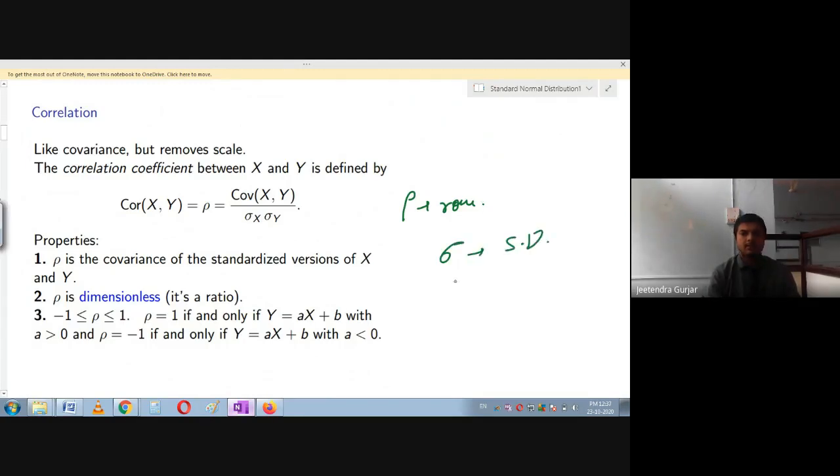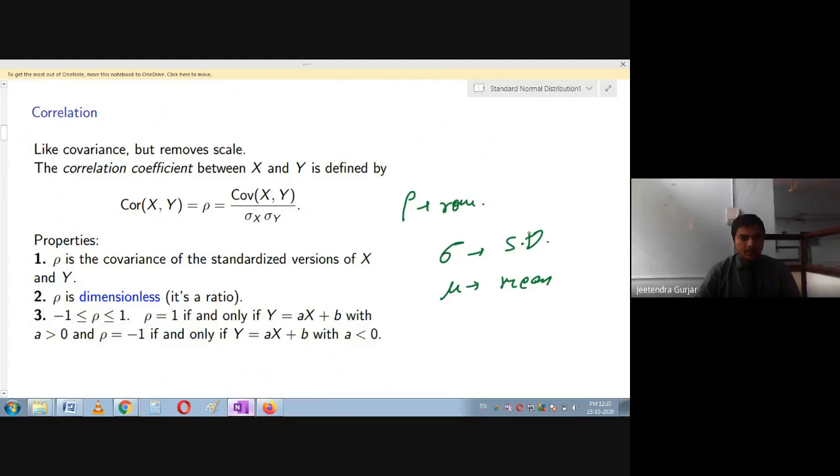In the last lecture we have discussed mean and standard deviation. We have come across this. Now one extra thing we are going to add here, that is rho. Rho is nothing but the correlation of XY, which is equal to the covariance of XY divided by the standard deviation of X and the standard deviation of Y. So please remember. So what are the properties of correlation?